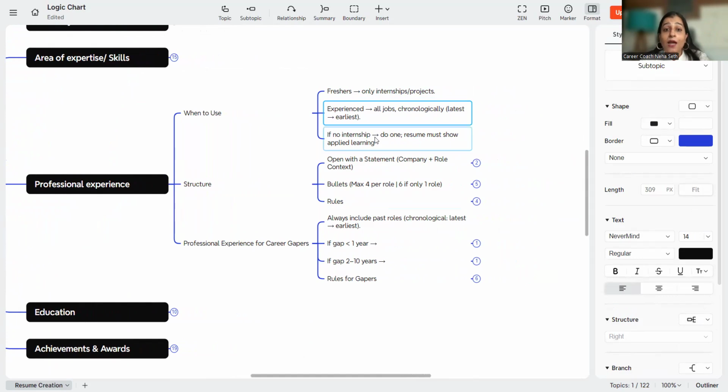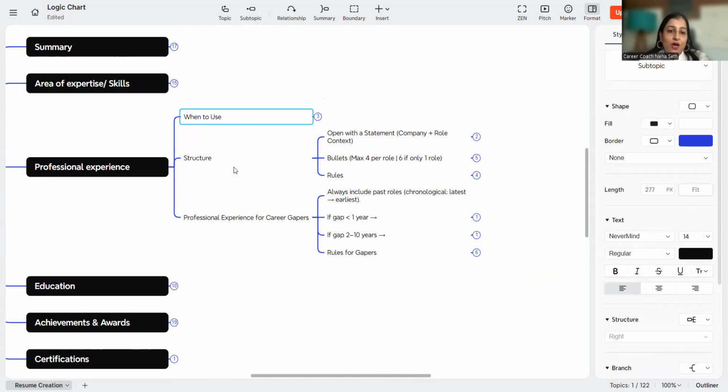Okay. And if you have not done any internship, do one. Your resume must show the applied learning, or how you have applied your hard skills in an office scenario. Okay. Now coming back to the structure. In the professional experience, you should be opening with a statement. Once you mention the company name and the timeline when you worked with that company,